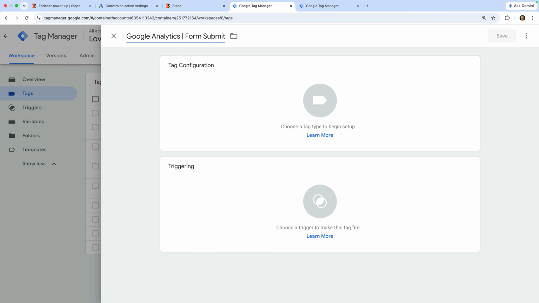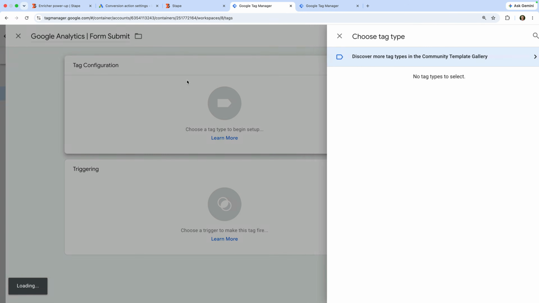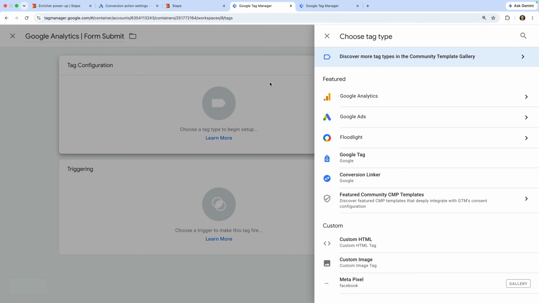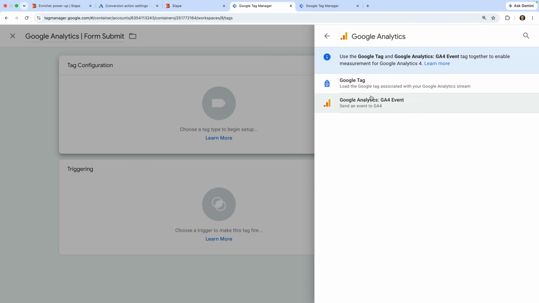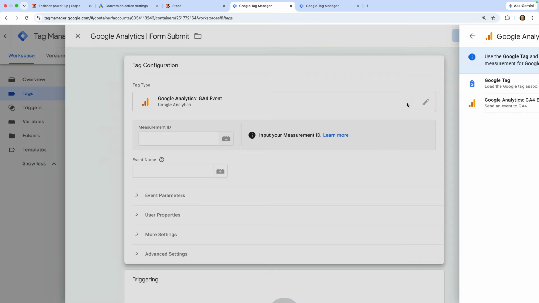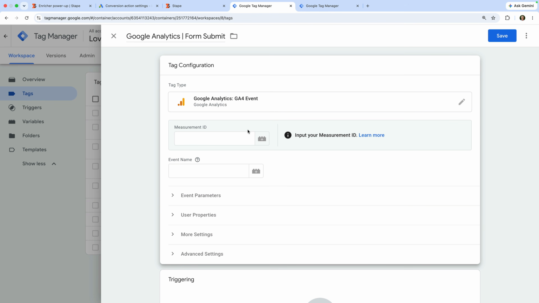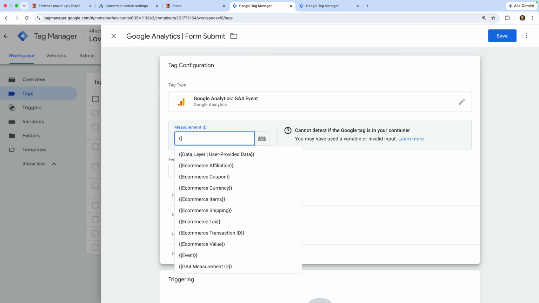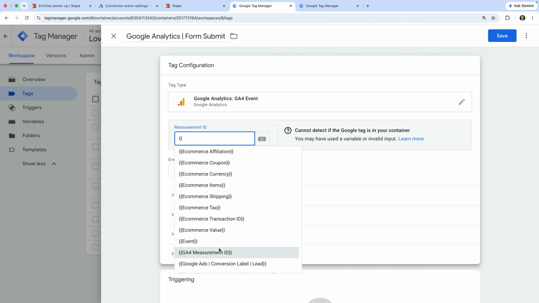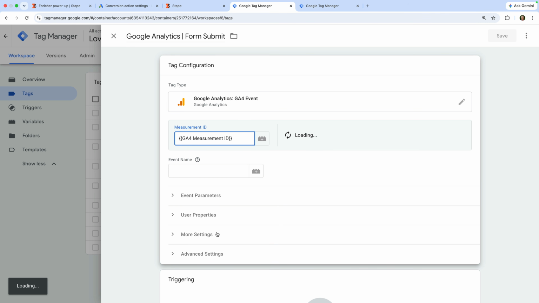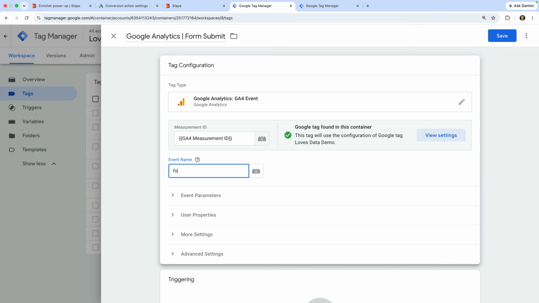Now let's select Tag Configuration. Choose Google Analytics and select GA4 Event as the tag type. Now let's select our measurement ID variable. Okay, now we need to name the event we're sending to Google Analytics. I'm going to name this one